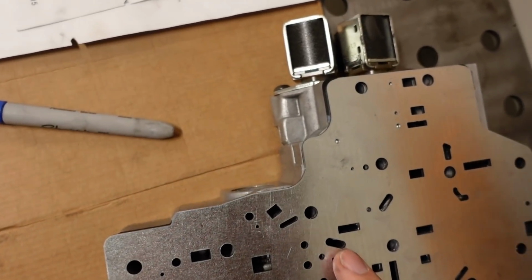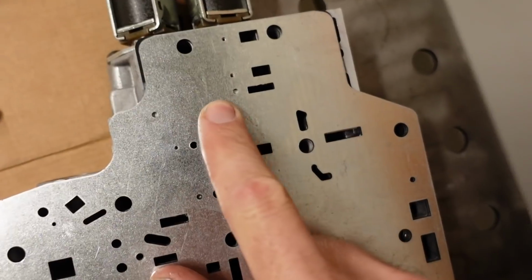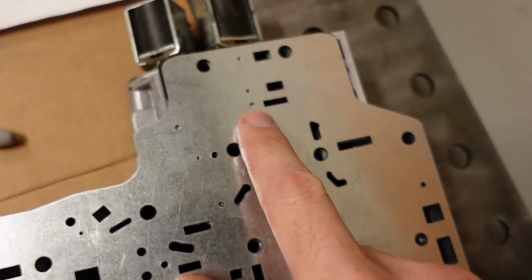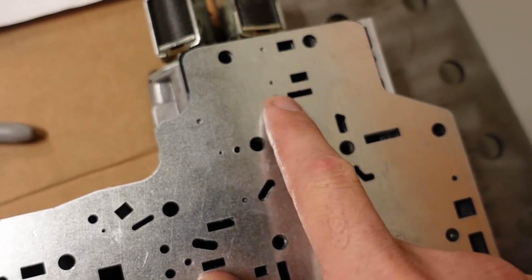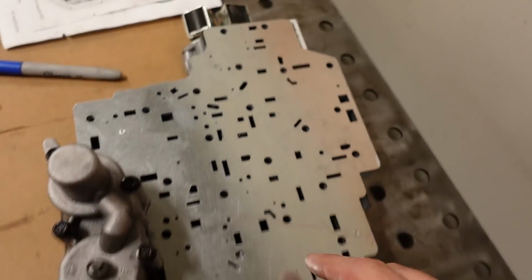I'm not entirely sure which one. I think maybe over here. So there's a hole in the top plate over here, and the hole in the bottom plate is, say, over there, and the middle plate has a groove connecting the two. So whenever third gear is selected, they'll route hydraulic pressure to 2 different places in the direct drum, increasing the